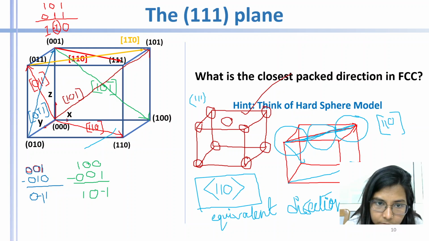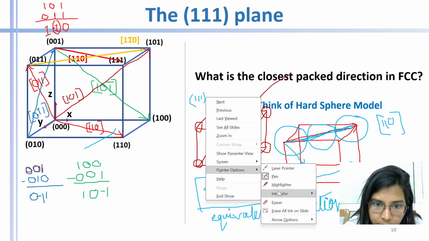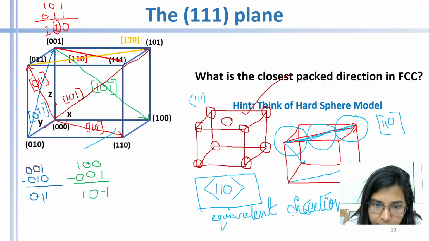if I take another color for the plane, because for directions I am using the blue color, so for the planes let me use the green color. Okay, plane here to avoid any confusion. The 111 plane